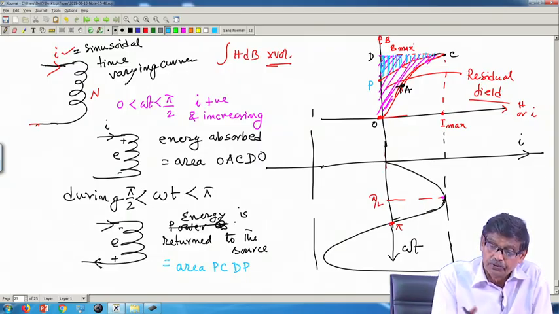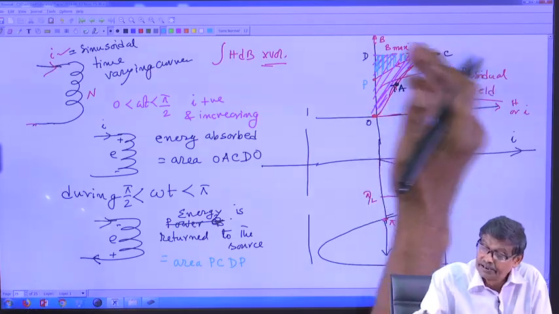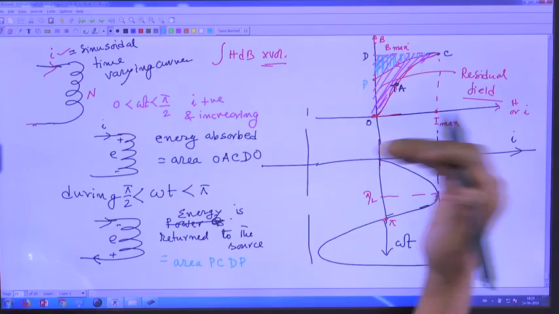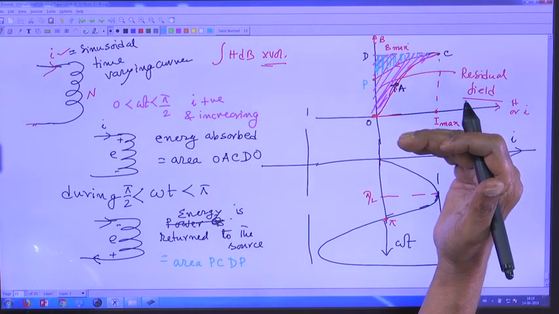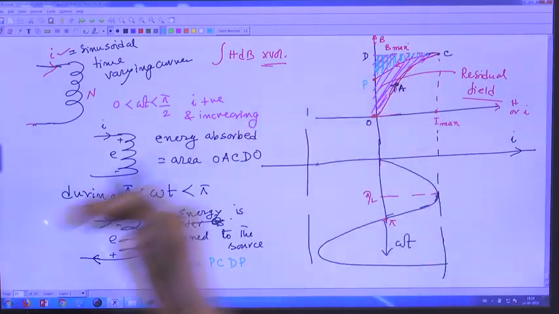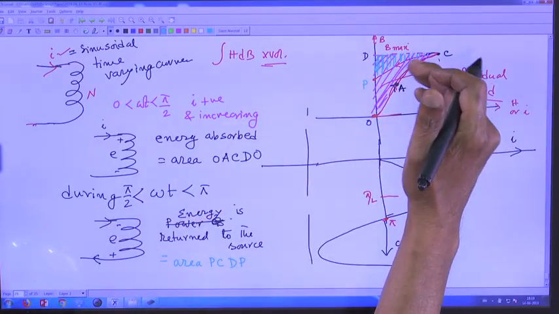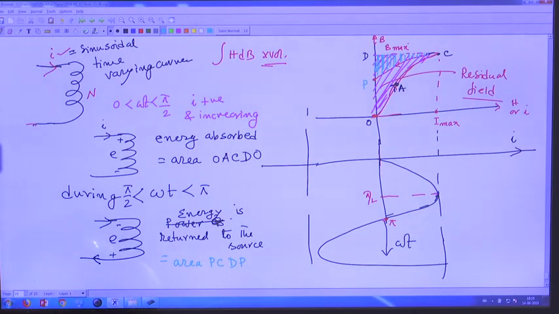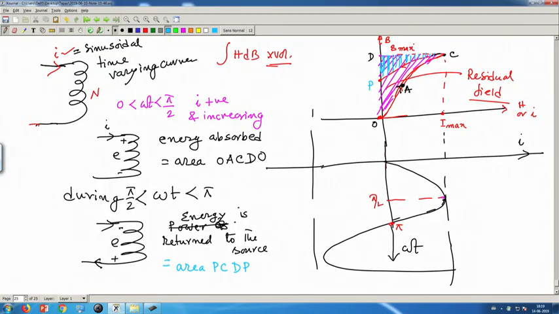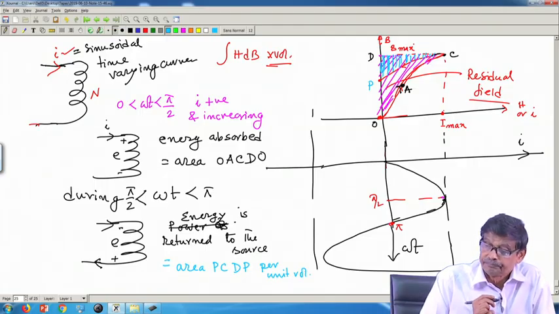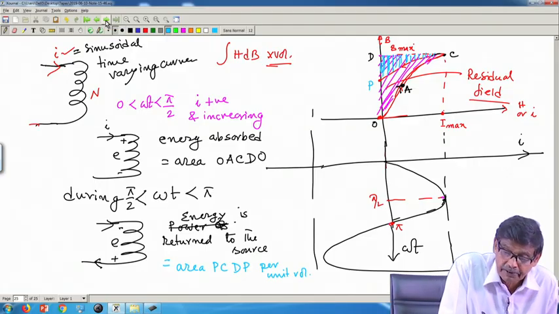Therefore, during 0 to pi by 2 we supplied so much area, but while the material was having reduced value of B, tracing back here, when you are decreasing the current, the amount of energy returned is less. This must be understood per unit volume. So, let us go to the next page,